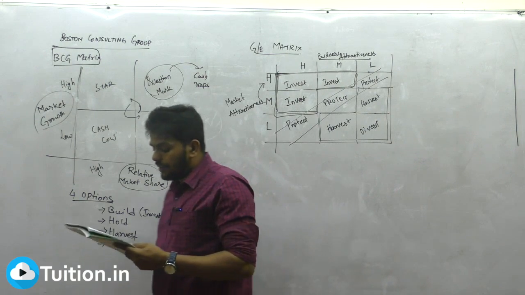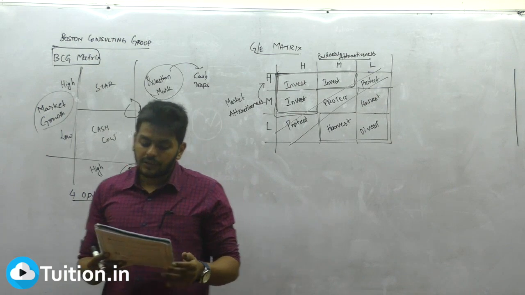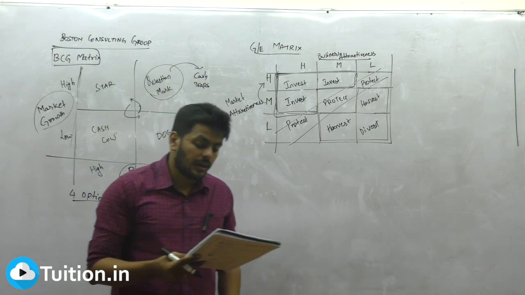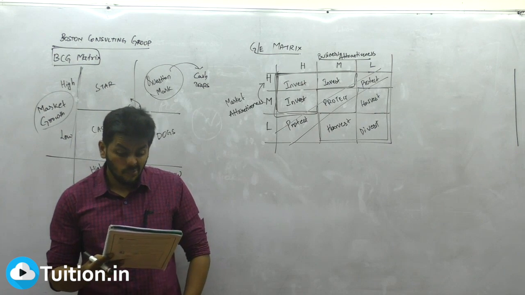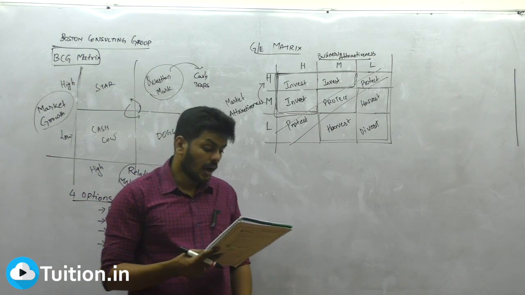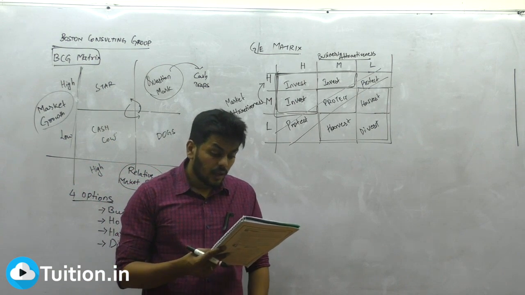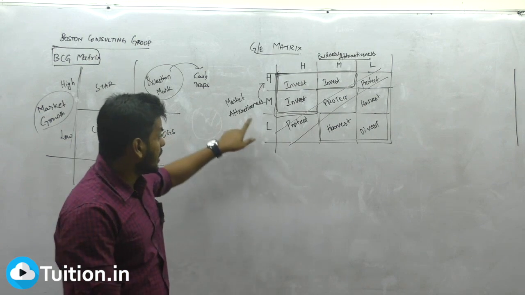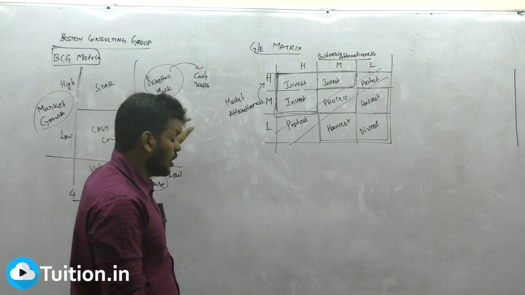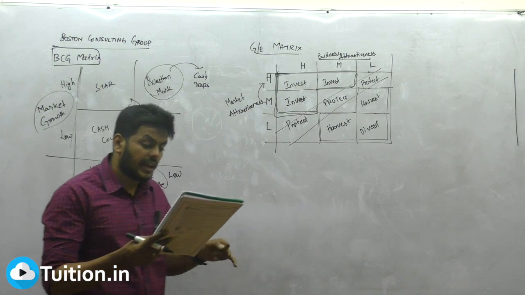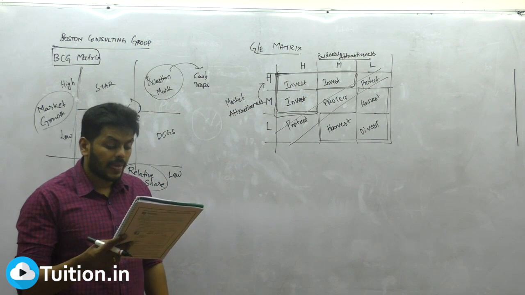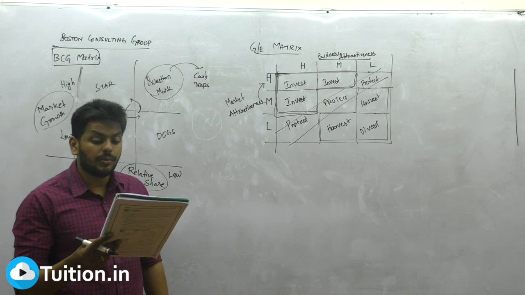The GE model developed by the GE company in association with the McKinsey company is similar to the BCG matrix. Underline just similar. However, there are differences. Firstly, what replaces what? Market attractiveness replaces market growth, and business attractiveness, that is competitive strength, replaces the market share as a dimension by which competitive position of each SBU is assessed.